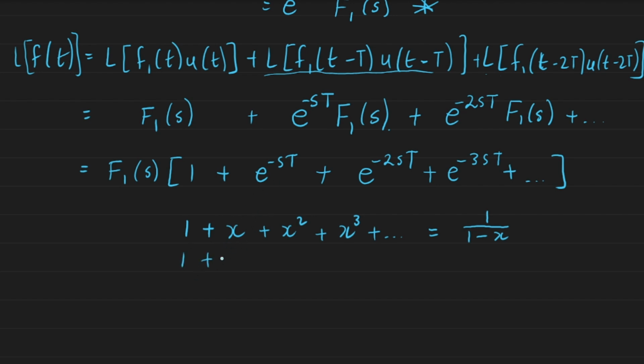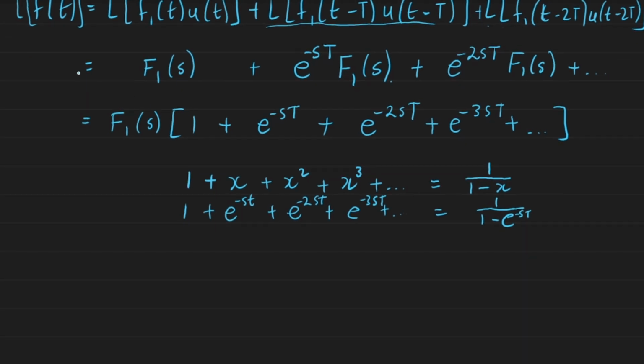So we have 1 plus e to the minus st plus e to the minus 2st plus e to the minus 3st, and so on. And this is just going to give us 1 over 1 minus e to the minus st. So that's what this entire term in brackets comes to. So what we have literally just shown, if we bring everything down here, is that the Laplace transform of our